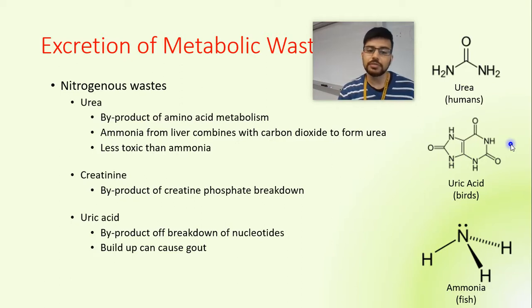Just jumping down to the bottom, uric acid, this is a break off of some nucleotides. You end up with this crystalline substance. Remember, with birds, it's that white pasty stuff. You probably don't want those crystals in your body, though. So, urea is typically what we manage with. If you have too much uric acid, you end up with what's called gout, where you have the crystals forming in your body systems.